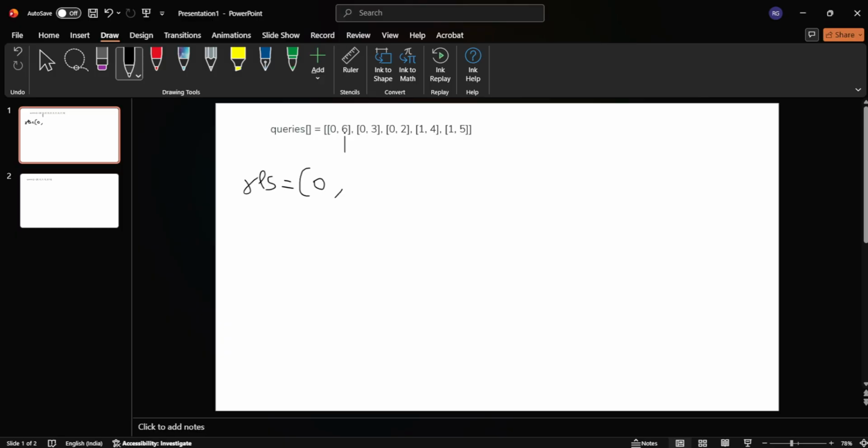While traversing the queries, I am till here, so I will push 6, then I will move here, I will push 3, then I go here, I will push 2, and I reach here. So I found this is an XOR operation we need to do here. So what I need to do is perform XOR with each element